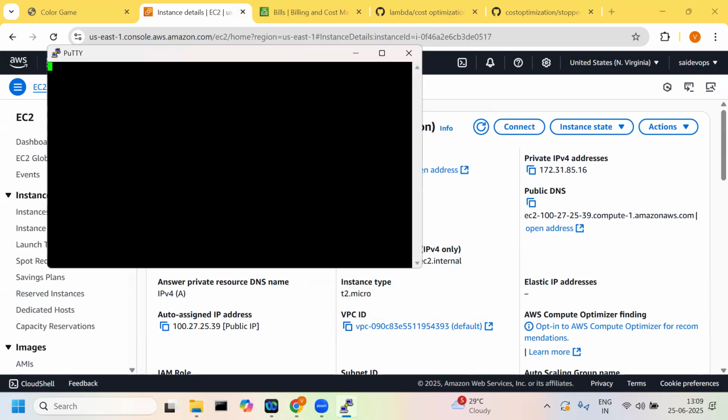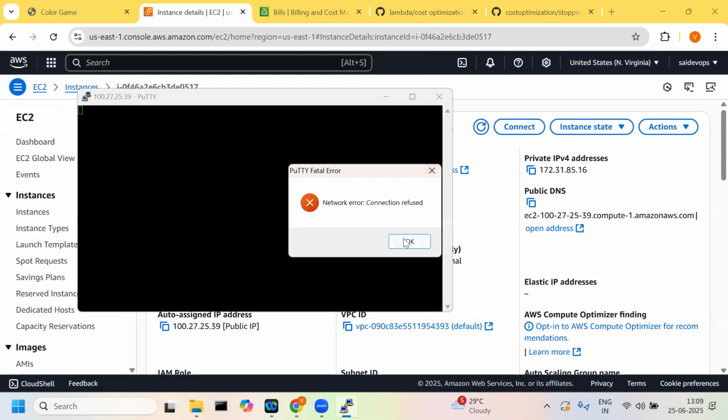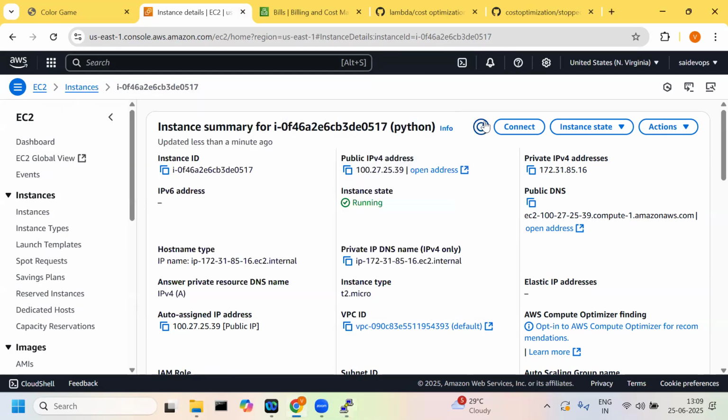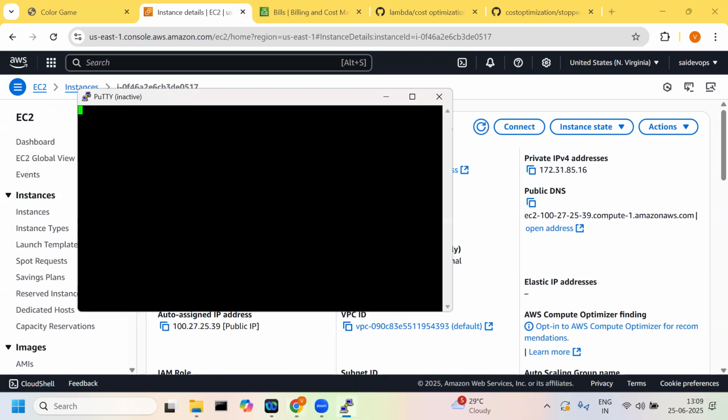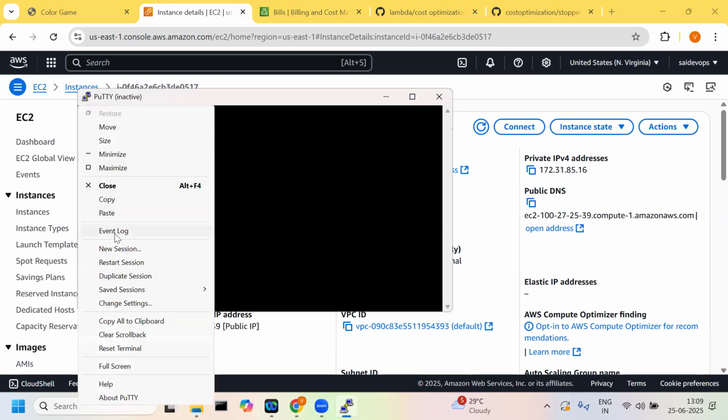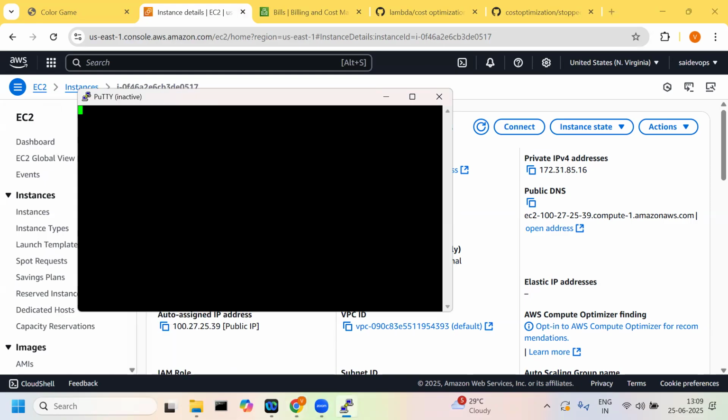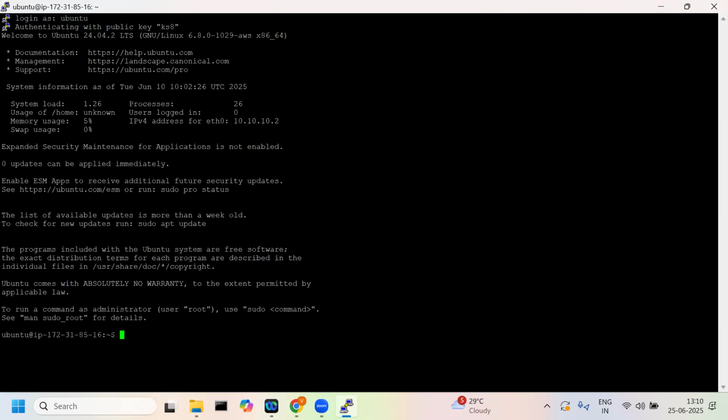I think it will take some time. Let me wait a few seconds. Need to restart. Yes, working now. Okay, Ubuntu. Okay,